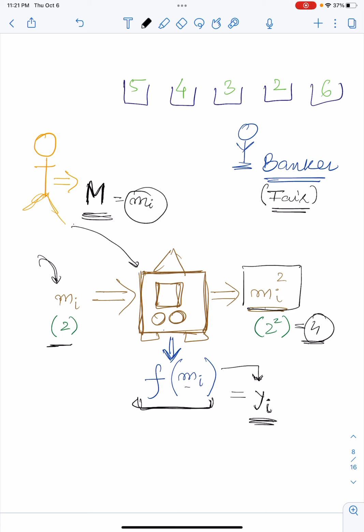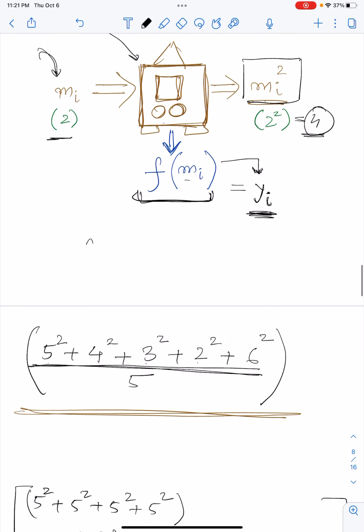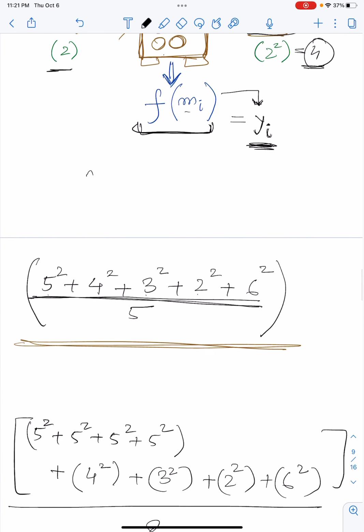These are the possible outputs of this machine: m1 squared, m2 squared, m3 squared, m4 squared, m5 squared. Whatever the possible values, I just square them up, and those will be the possible outputs from the machine. Now, in the first setting, what do you think would be the possible average output value from the machine? We can simply do the same thing. These were the possible outputs. We can take the average and get some value, and this would be